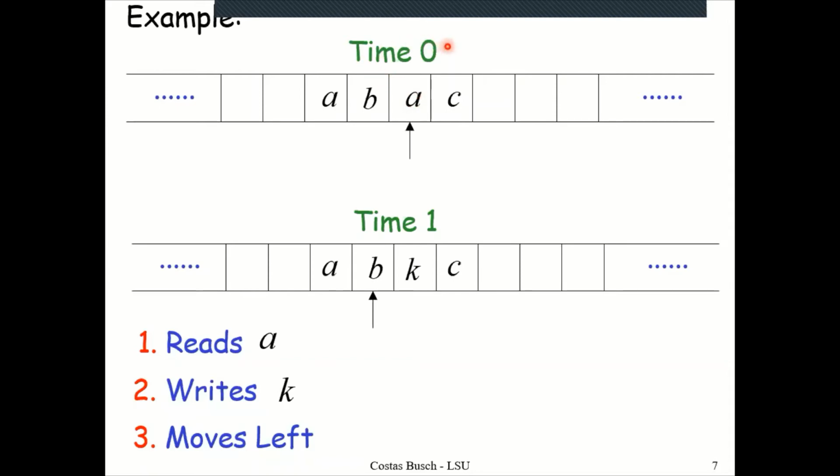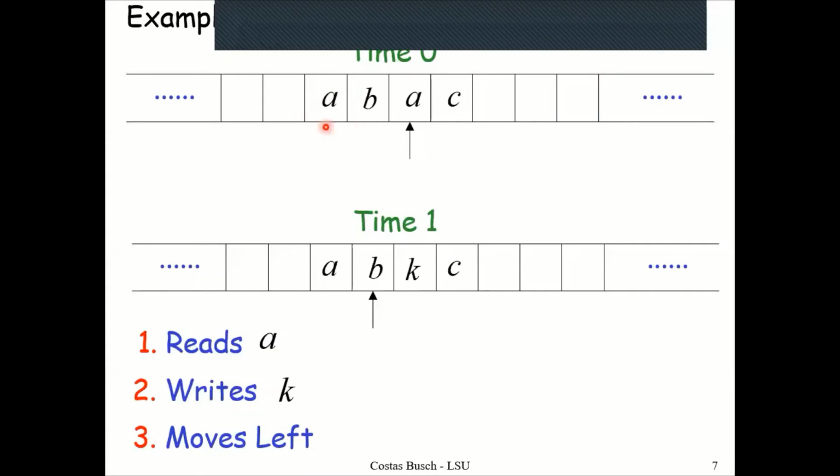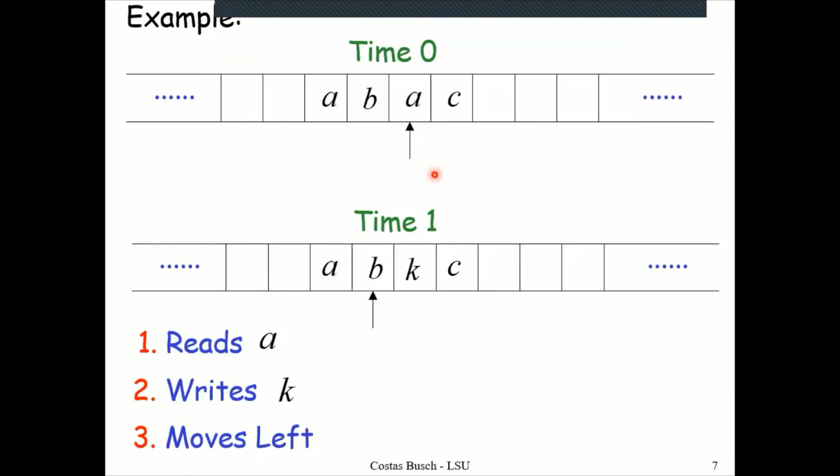When I talk about time zero and time one, the time steps that you have referred to, time zero means this is the instantaneous configuration of my Turing machine when it had to read a, and after it has read the a, that is the next step configuration of the Turing machine. So time zero means before the transition taking place, time one means after the transition has taken place. Moreover, notice that